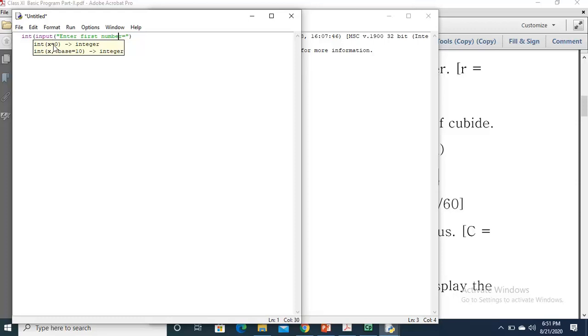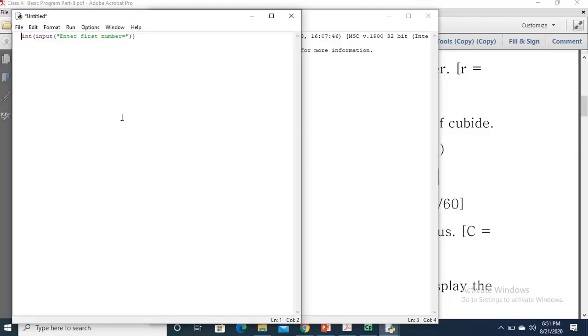I have used the int function, and this means first you accept the value from the user and then convert it into an integer. Now one more thing: the system accepts the value from the user and then converts it into an integer. Now we must have a variable where we can store the value.